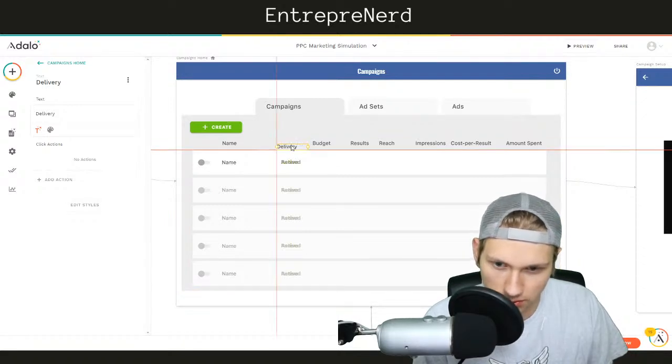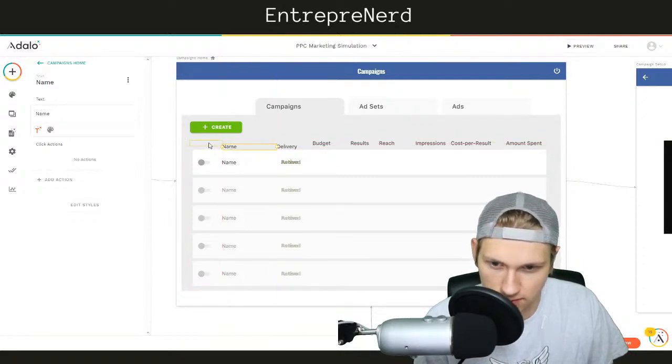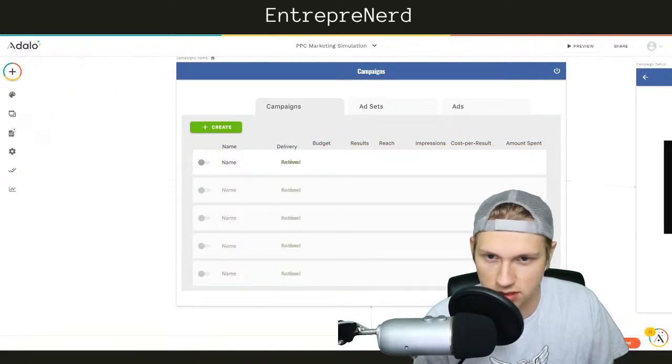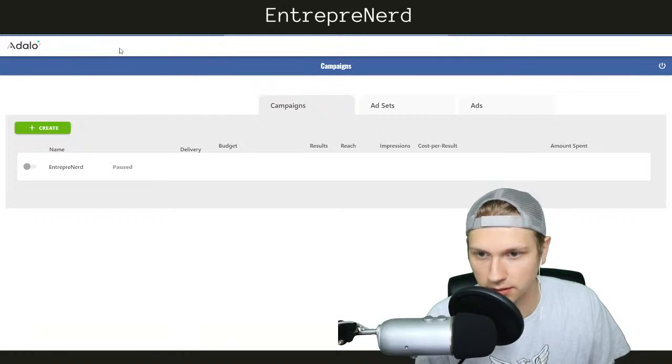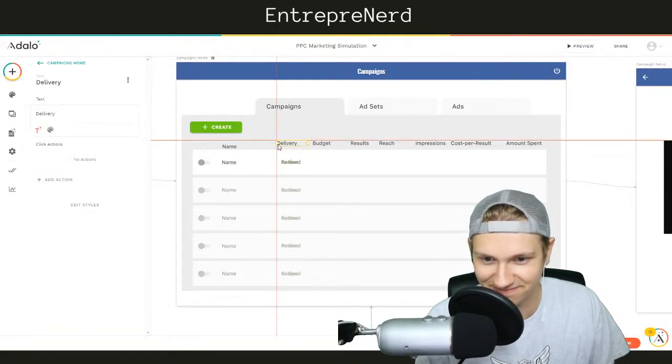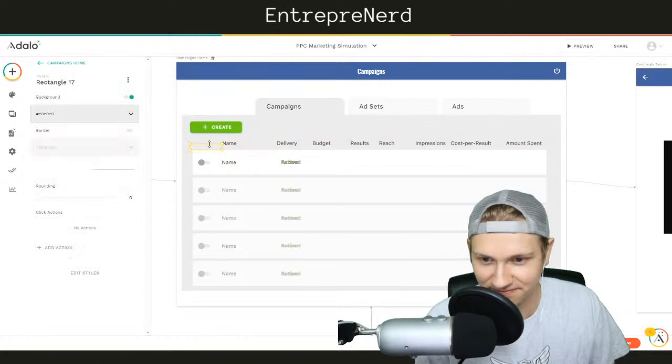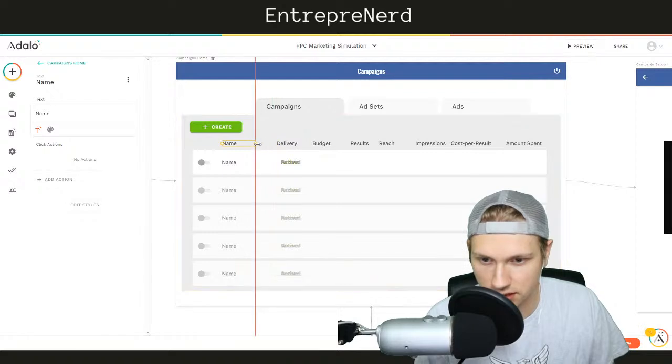Ooh, also, I wonder what fixing it down to the bottom like this will do. Interesting. Nothing useful. Yeah. So I guess if I shrink this.